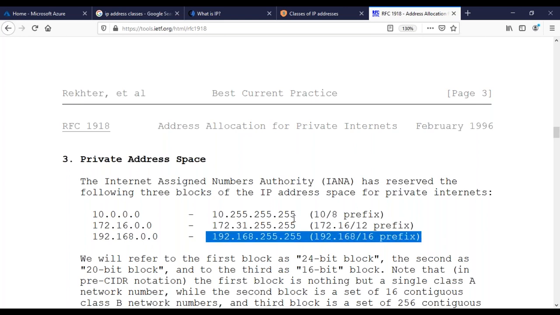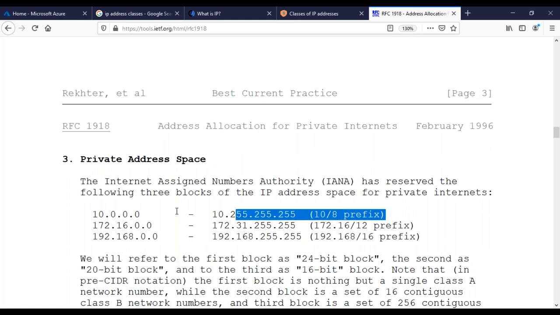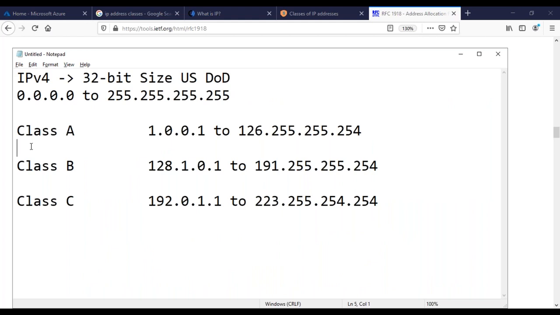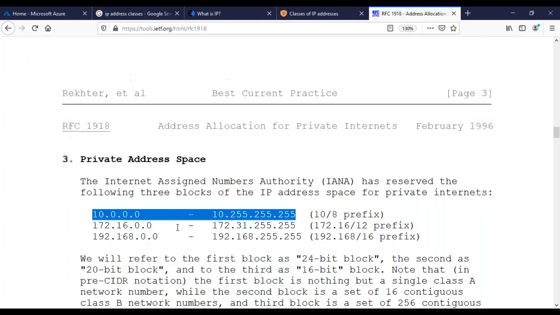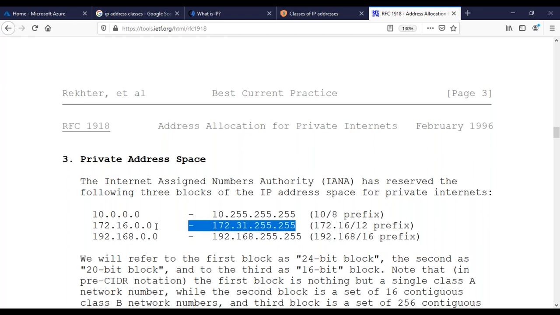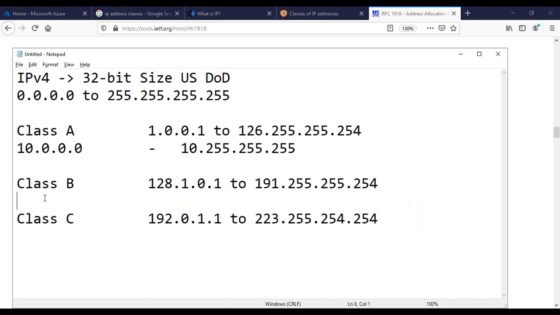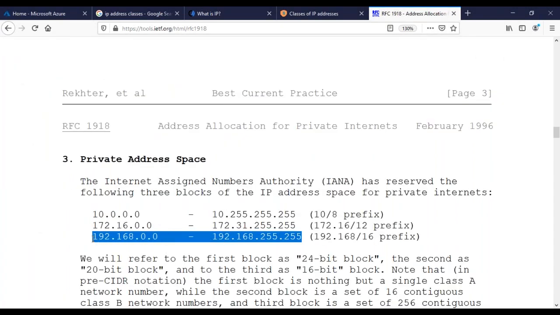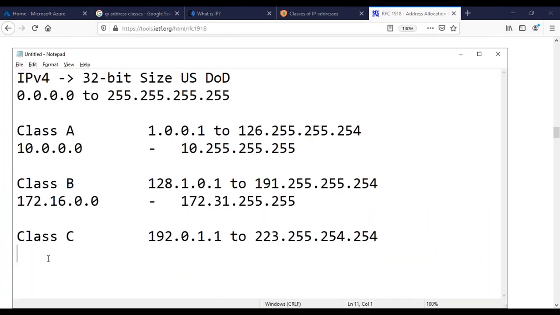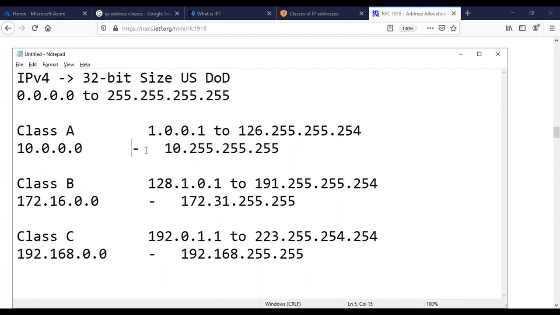Now I'm going to copy this. Don't worry about the /8 and everything. I'm just going to copy and place it here. I'm going to explain, don't worry, what this private range is and everything. This is the most important thing. If you understand this, then you will understand what exactly I'm doing when creating VNets and everything in the cloud, in Azure.